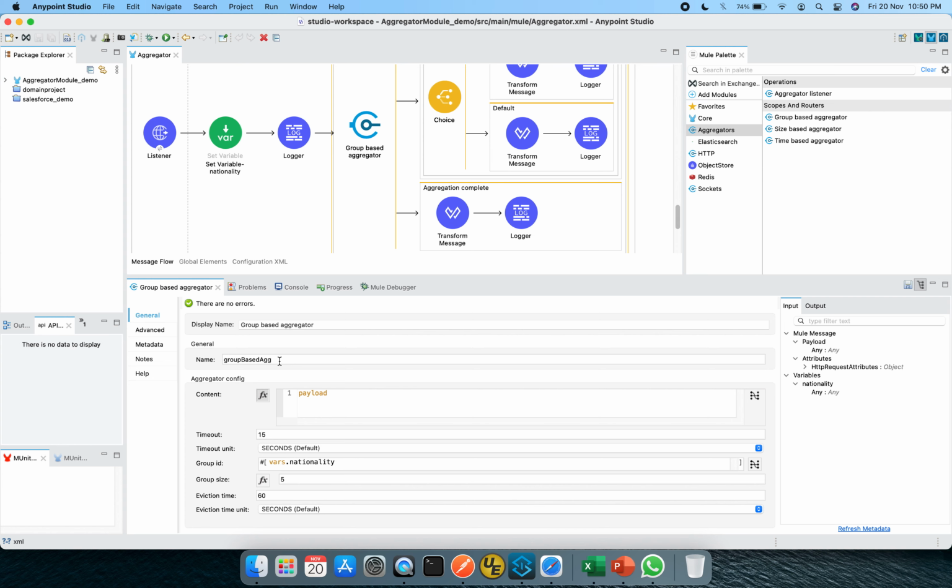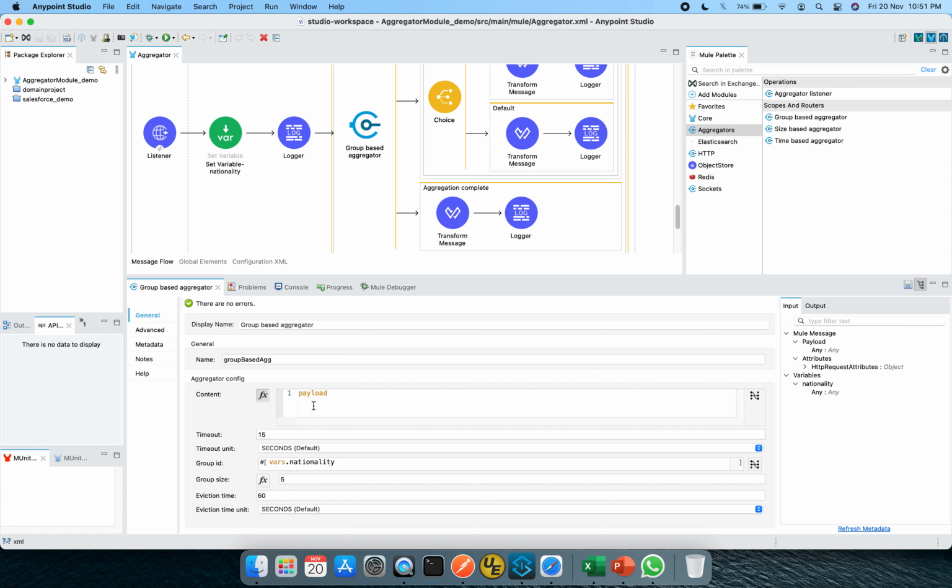In the content, you can put the payload, or in case you want to be very specific, you can pick a particular element or a particular value of the payload. Timeout and eviction time are two different things. Eviction time is more about the eviction of this particular group.